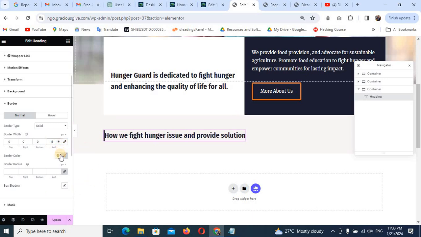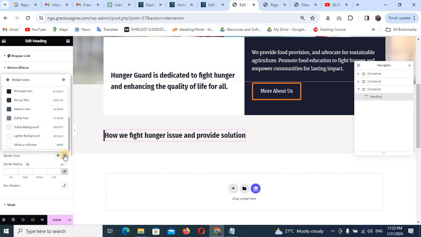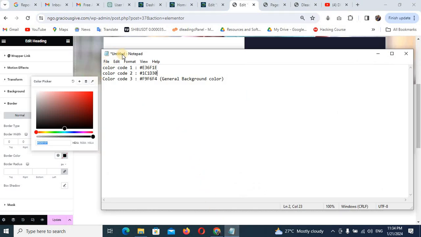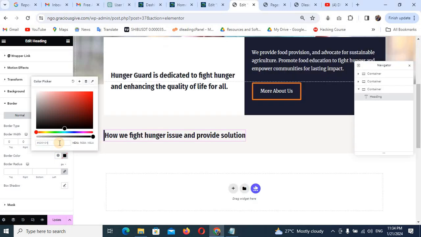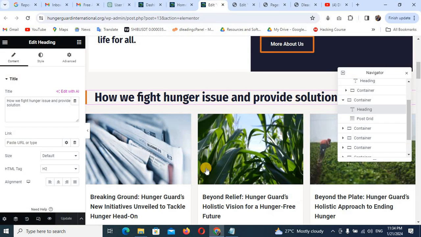Can you see now? Change the color to our color, this yellow color. Control C. Come here, delete this one and paste it. Can you see now? If you look at this one, they are together, and this one is not together. This one has a space. Now fine, you will come to this place,